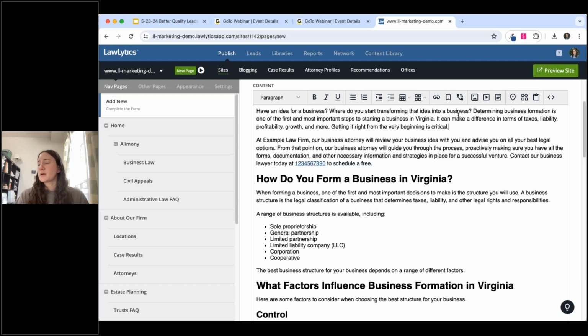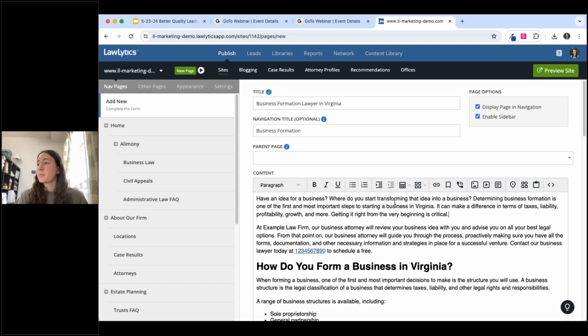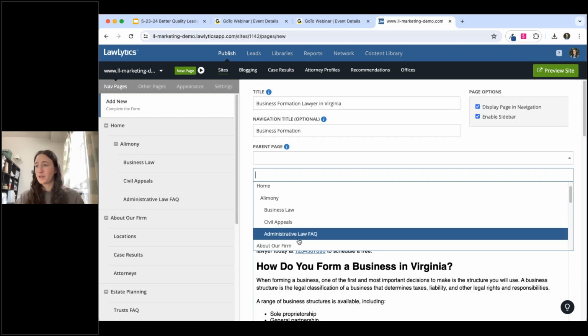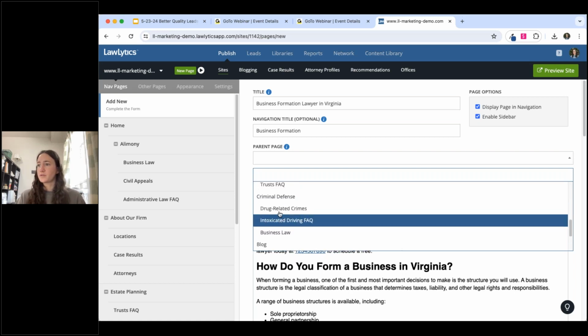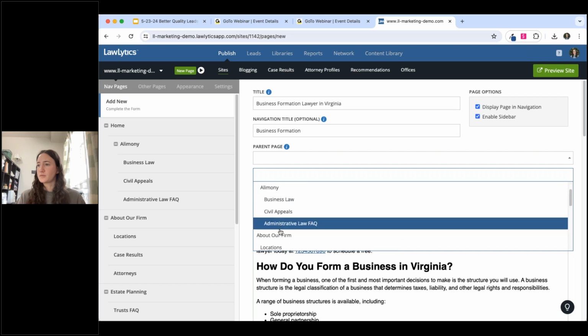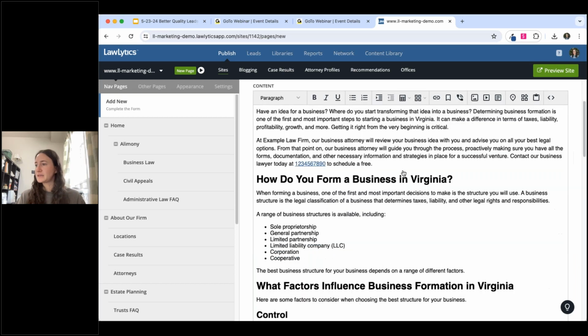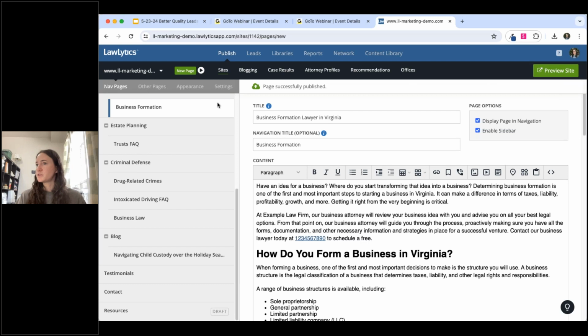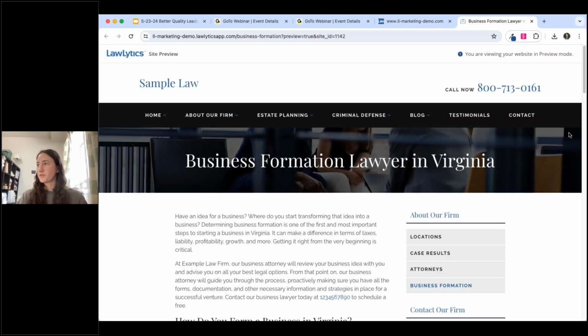So for this, for example, I'm happy with this page, but maybe I wanted to add an image or a video, or maybe a table. I can add a little widget, my map, things like that to kind of customize it to my firm's branding and my firm's messaging. I can choose which page to nest this under in my navigation menu. So let's just choose about our firm. And then once I publish this, or I can save it as a draft for later, I just wanted to show you all what this would look like on the front end.